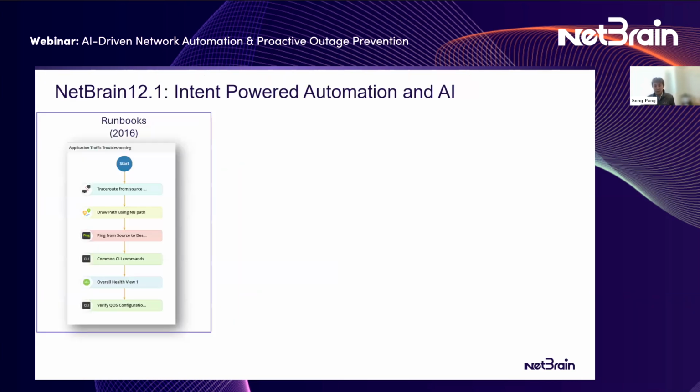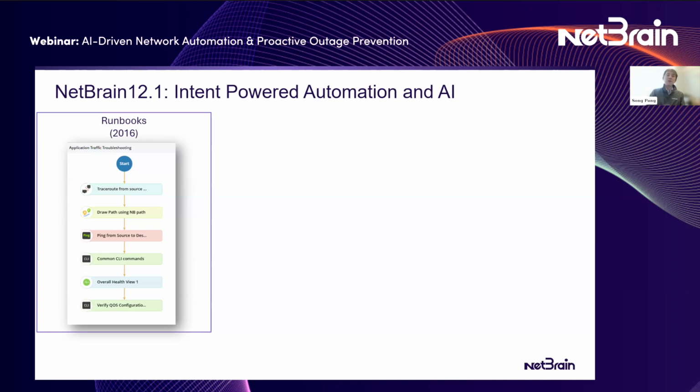In 2016, we came out with the concept of Runbooks. Now, a lot of our customers are fully adopting, and there's wide adoption of these Runbooks. It was a way for our customers to turn their workflows, their tasks, their flows into automation in an easy to understand way. And back in 2016, we were able to take simple tasks that network engineers do on a common basis, CLI commands, ping, trace, overall health, and so on and so forth, and build that into a step-by-step runbook that can automate their workflows.